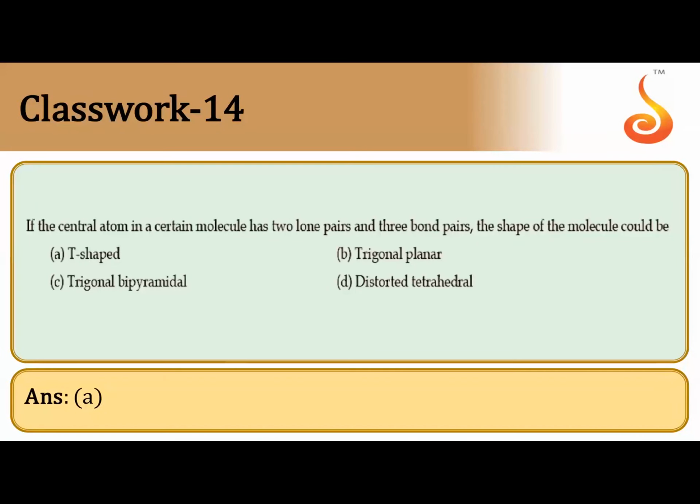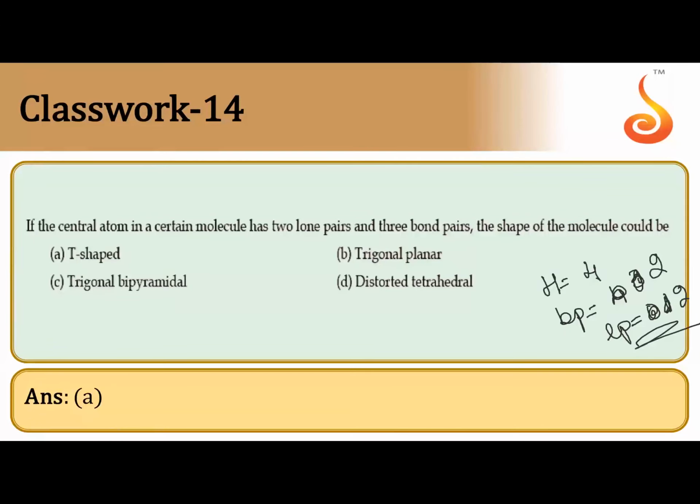If the central atom in a certain molecule has 2 lone pairs and 3 bond pairs, what is the shape, children? How to identify if a compound has lone pairs without writing the Lewis structure? Look at our table that we drew yesterday. We calculated, right? That H value gives you total electron pairs. If the number of bond pairs is 4, meaning lone pairs is 0. If it is 3, meaning there is 1 lone pair. If it is 2, meaning there are 2 lone pairs, and so on. Okay, that will give you an idea. That's actually a better way to solve.